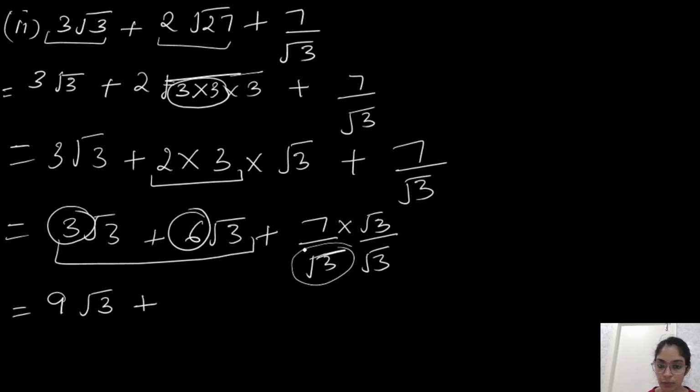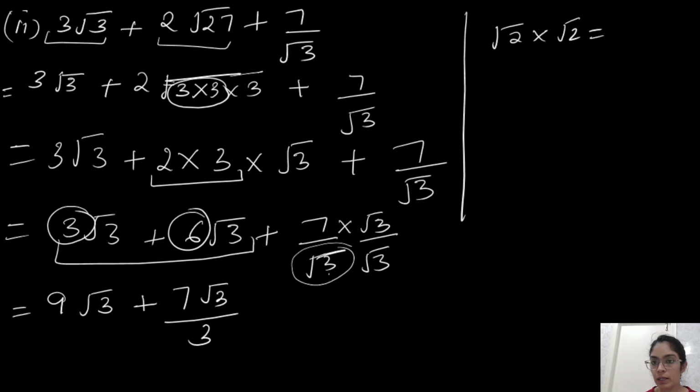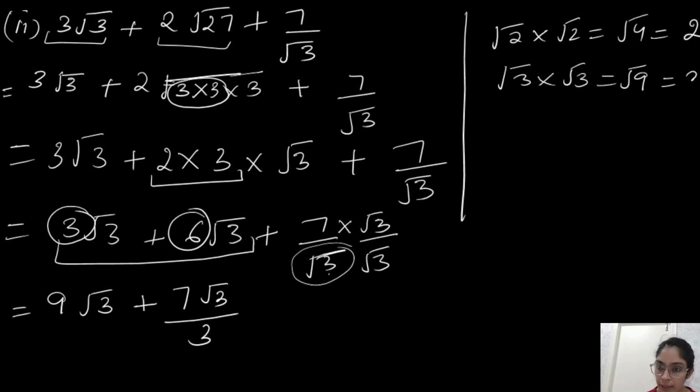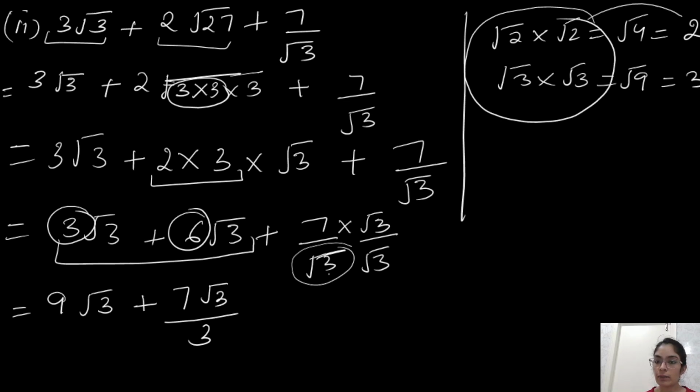As of now you can remember, if we have such numbers in the denominator, we can multiply numerator as well as denominator with the same number. So this will become 7 root 3. Root 3 into root 3 is 3. So we know this thing, root 2 into root 2 is square root of 4, and square root of 4, we know its value is 2. Same way, if root 3 into root 3 we multiply, this will become square root 9, and square root of 9's value is 3. So especially when we are multiplying the square root of a number with itself, directly we can write the answer like this.